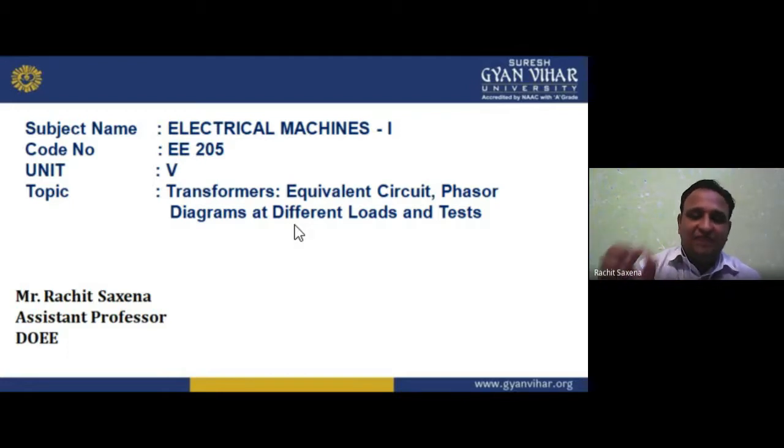We can connect the field winding, the exciting winding, in series with the armature winding, known as series wound. We connect the field winding in parallel to the armature winding, known as shunt wound. And if we do both of these connections, it is known as compound wound. In compound wound we have two things, a long shunt and a short shunt. Then it is also known as cumulative and differential. Then we have different types of characteristics: open circuit, magnetizing, and so on. Then we have the torque-speed and torque-armature current characteristics in motors. We have studied this.